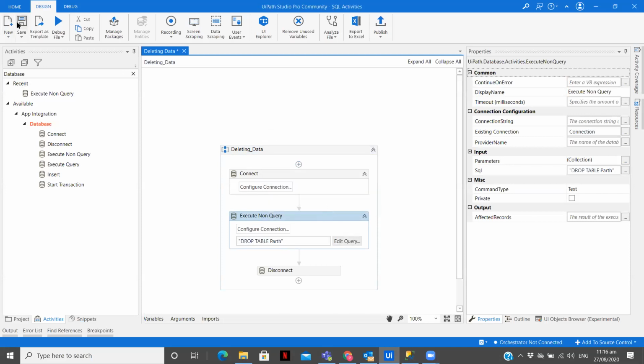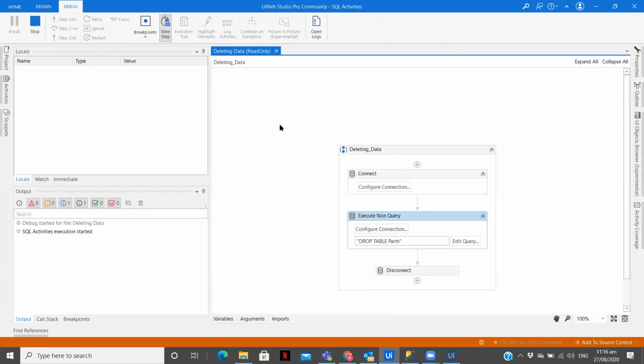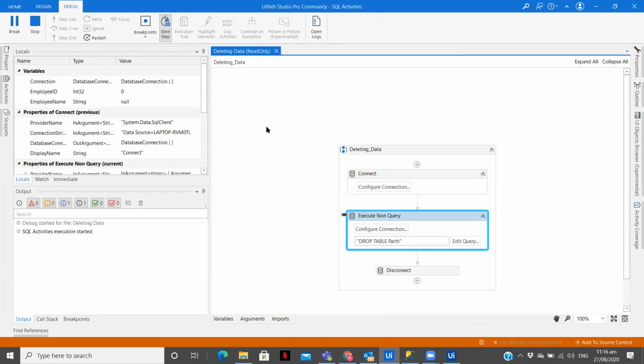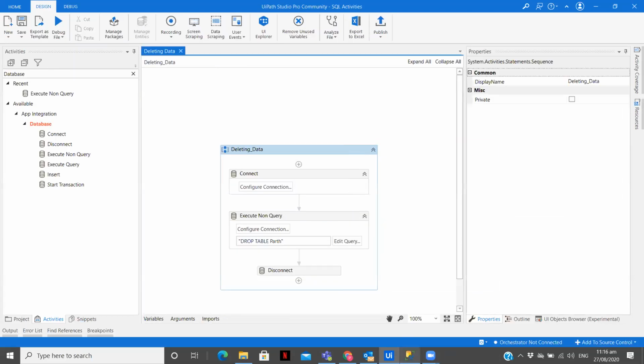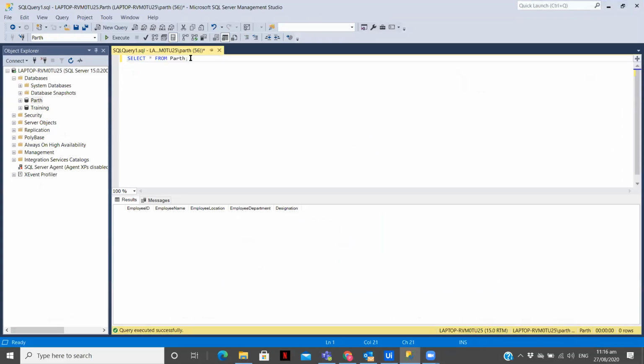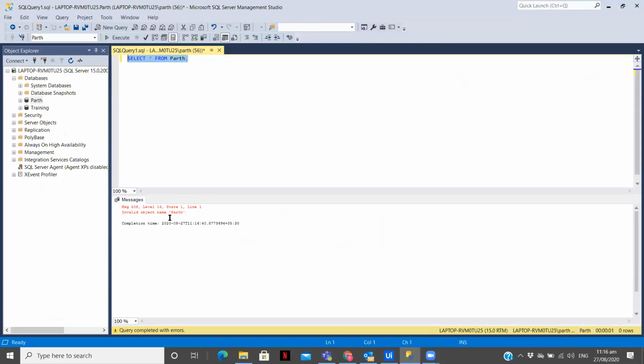So we are dropping the complete table. Let me run. If I run the query select star from path now, I will get an error because there is no such table existing. You can see invalid object name path, because now we completely don't have that table with us.